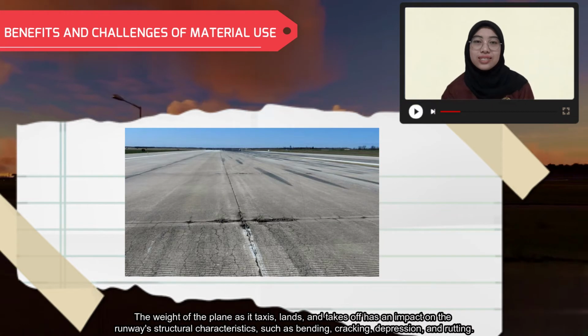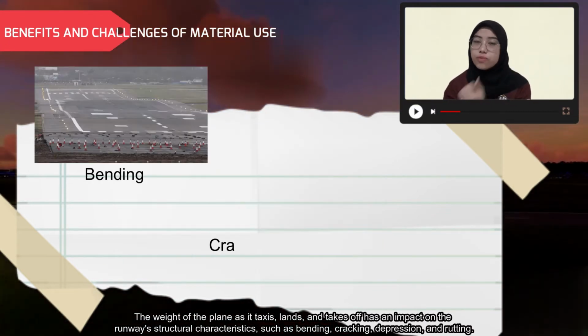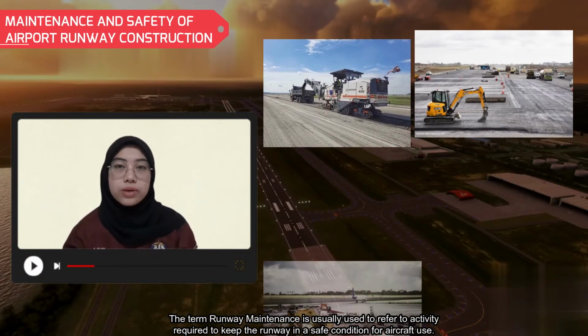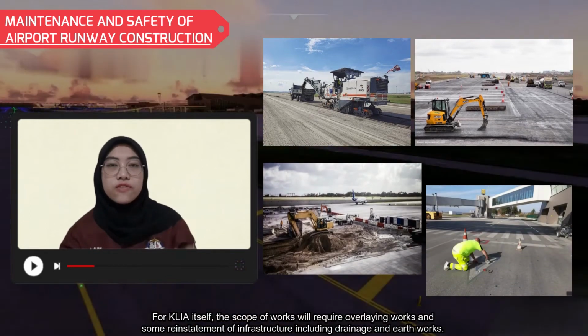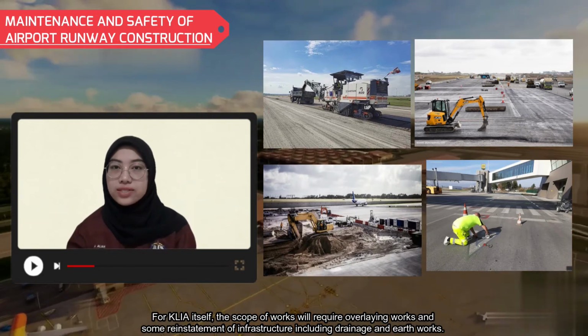The wake of the plane as it taxis, lands and takes off has an impact on the runway structural characteristics such as bending, cracking, depression and rattling. The term runway maintenance is usually used to refer to activity required to keep the runway in a safe condition for aircraft use. For KLIA itself, the scope of work will require overlaying works and some restatement of infrastructure including